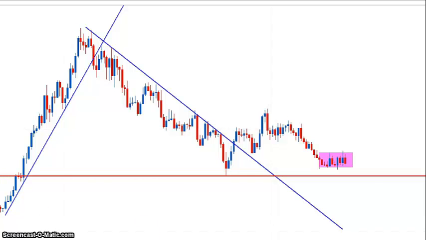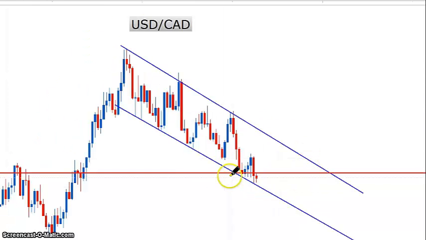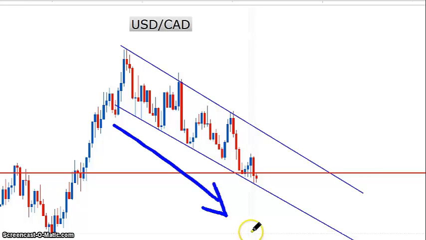Okay, let's go and look at the USDCAD. And the USDCAD is right on the bottom of this downward channel, as you can see here. This channel has held intact pretty well over the past few weeks, and you can see that it's continuing to do so. It's actually been a few months now, I guess, that this channel has been in place. And right now we're just at the bottom of this level. So whether price bounces up to get to the top of this channel, I don't know. I think that's a possibility.